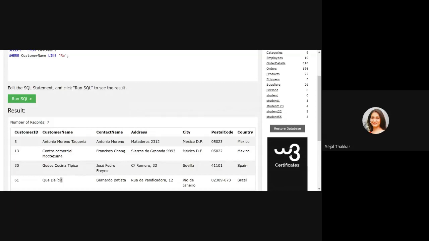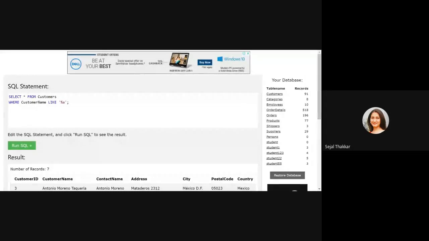Suppose I write here percentage OR percentage. See, it is going to search for the pattern where OR is in between.